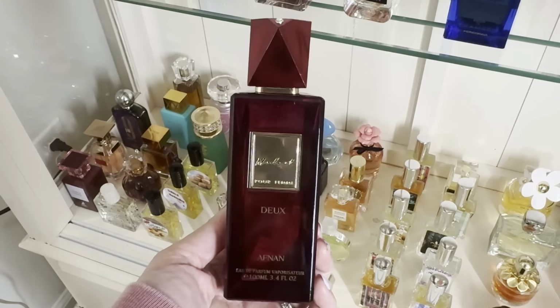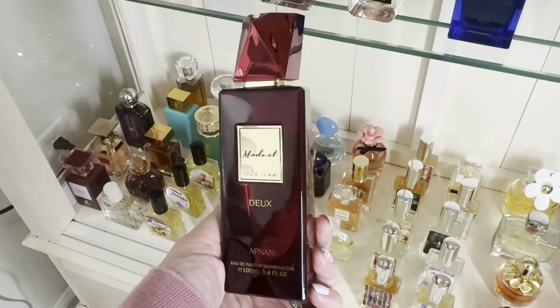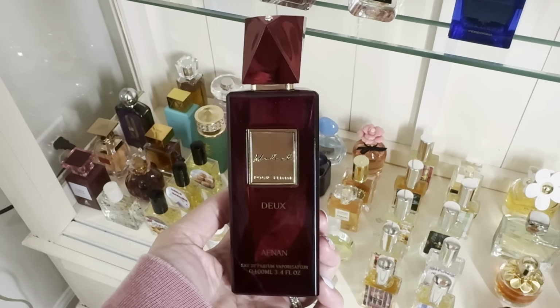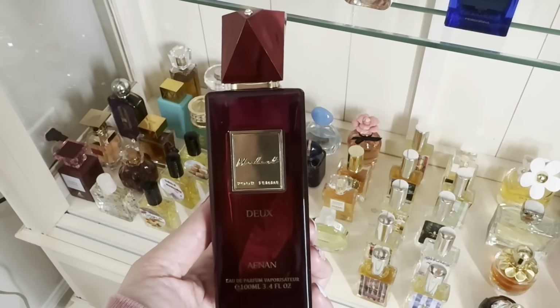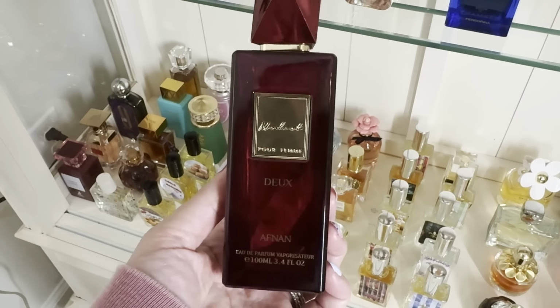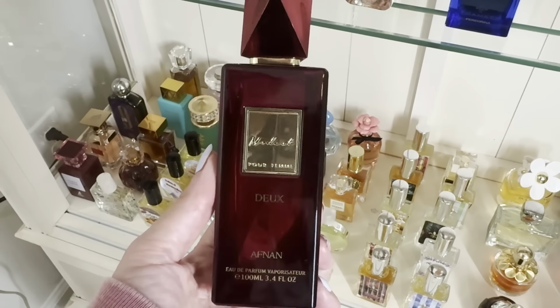Here we have by the House of Afnan, this is Modest Dew. This is a beautiful fragrance that really needs to get more hype. It's very affordable and it has really good performance, and it smells pretty luxurious for what it is. Everything about this fragrance is really affordable, but you get really good bang for your buck with this. It smells like strawberries, raspberries, cherries with some chocolate and kind of like a darker base, almost kind of like